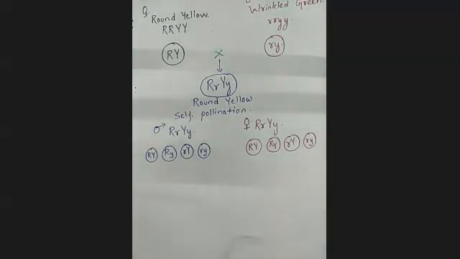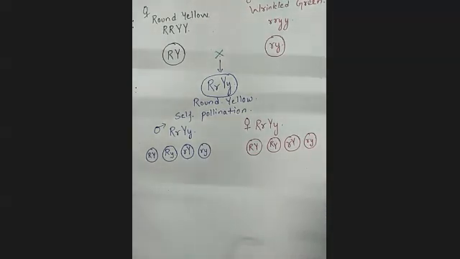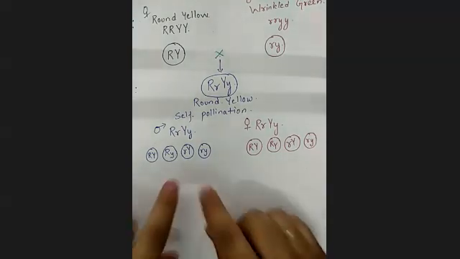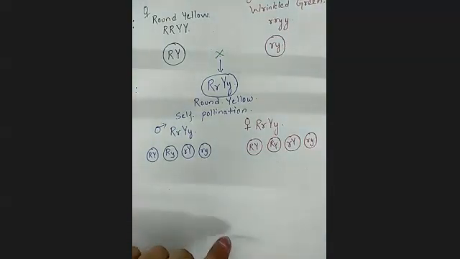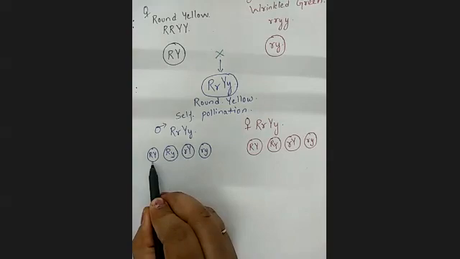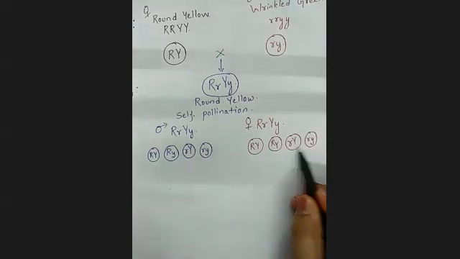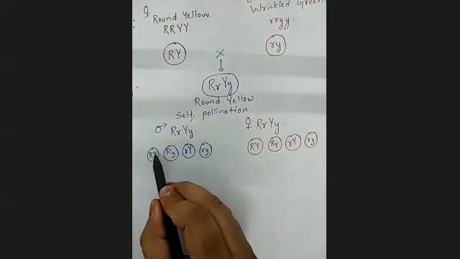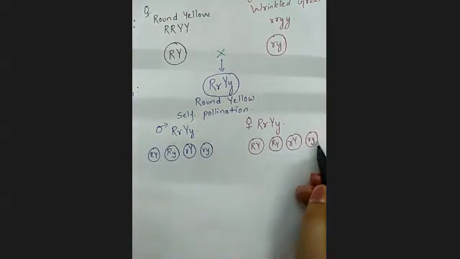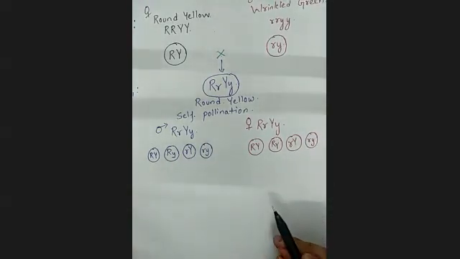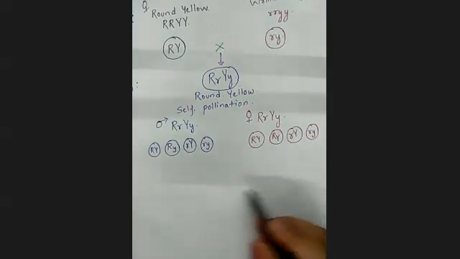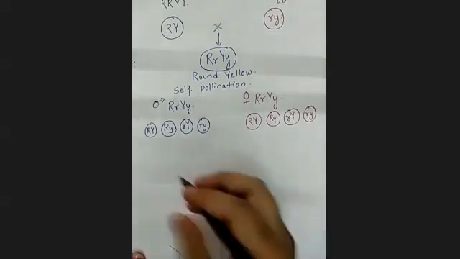Now he allowed them to fuse, to fertilize. Because many combinations are there, he got very variable results. This type of pollen can fuse with this and this and this. That means one pollen has the opportunity to fuse with 4 types of ovules. So he got 16 types of possibilities. How will these 16 possibilities be summarized? Let's see.